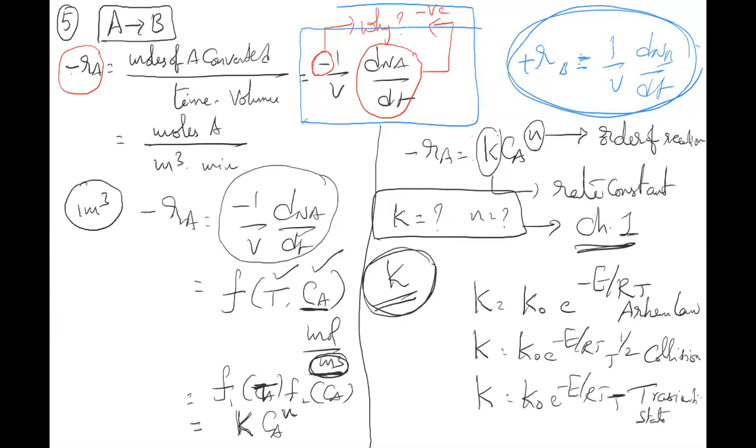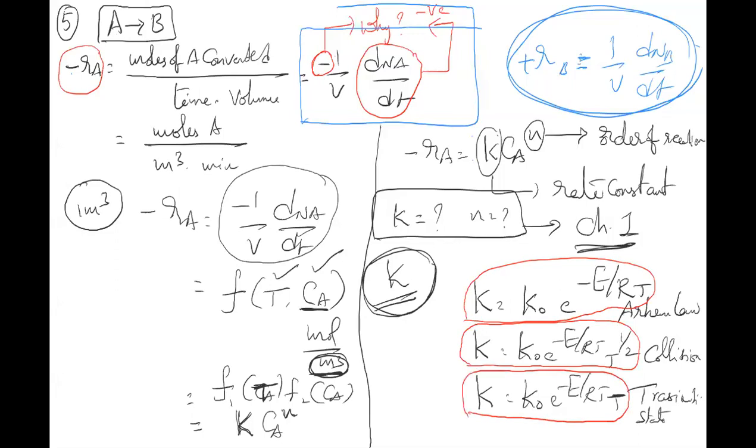So basically you have 3 equations. K equal to K naught into e power minus E by RT; K equal to K naught into e power minus E by RT, and then T power half. This one is just E by RT, there is no temperature term. Here there is a temperature term with power half. Here there is a temperature term with power 1. You can remember it like this: ACT, and then temperature power 0, temperature power half, and temperature power 1.